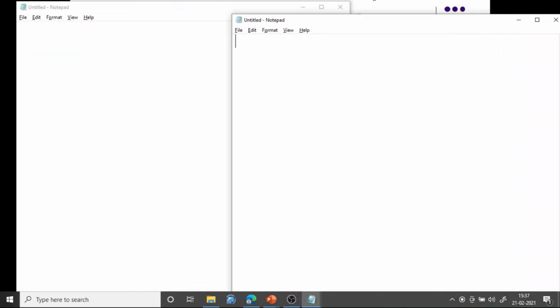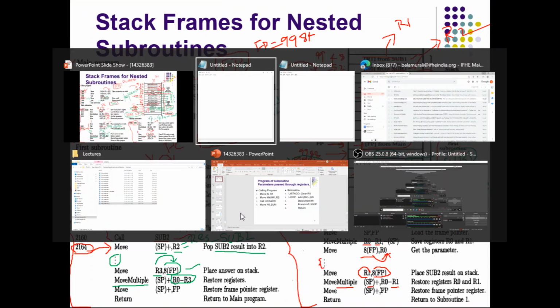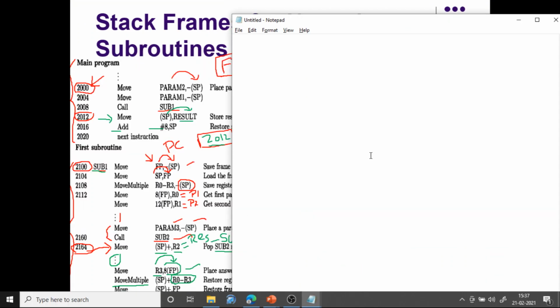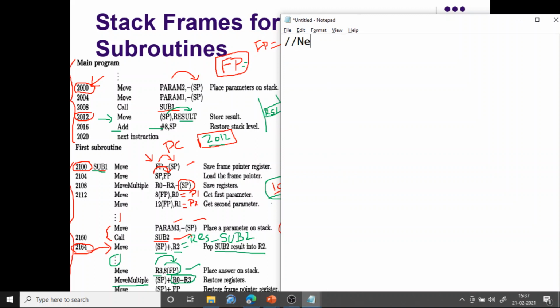If you see here, from the main program, the first thing we are doing is pushing the parameters to the stack. This is for a nested subroutine call, the role of SP and FP, stack pointer and frame pointer.